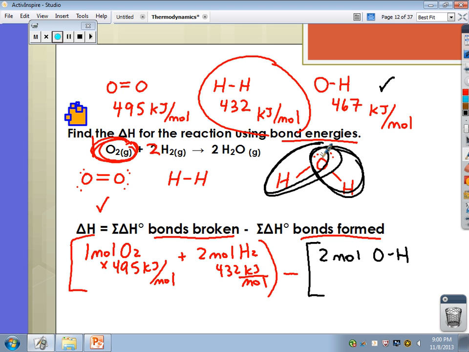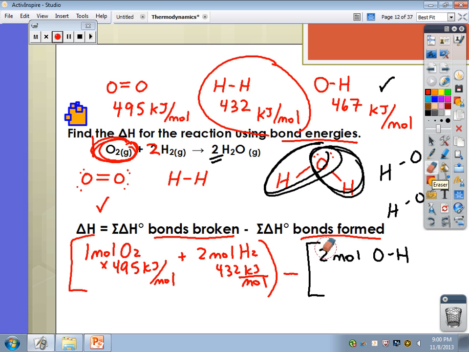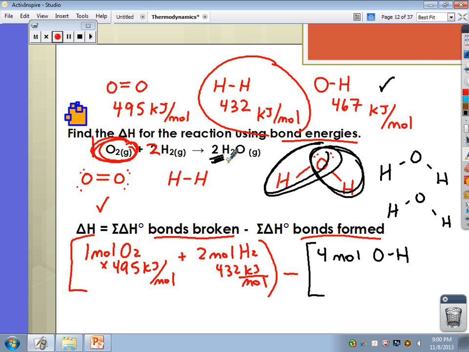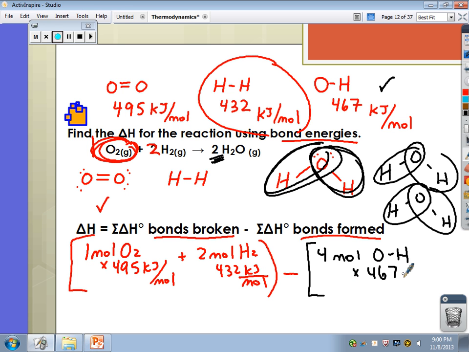But what do I have here? I have 2 moles here. So if I have 2 waters, don't I have this? So in reality, can I write 2 moles right here? No, I can't. I actually need to write the number 4. Because if I have 2 waters, 2 water molecules, I have 1, 2, 3, 4 bonds. So 4 moles of OH bonds times the value for 467 kilojoules per mole, which is the value for 1, I come up with